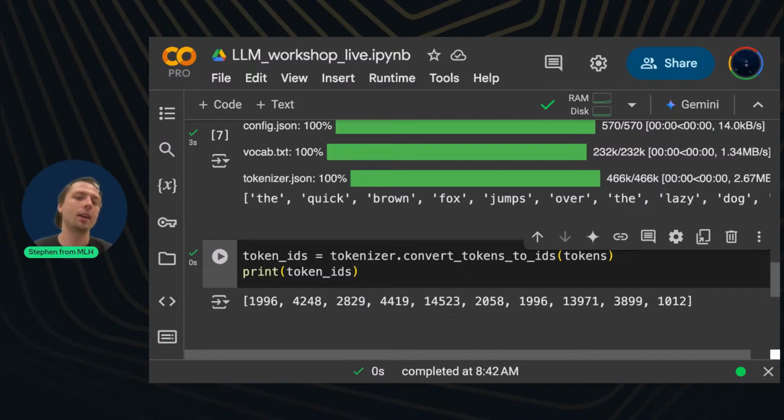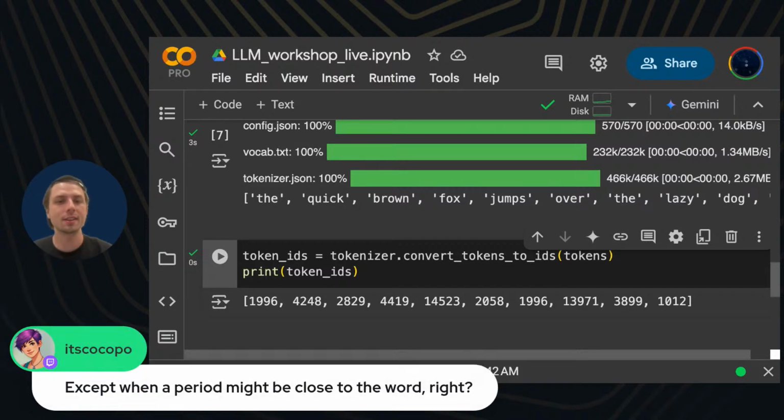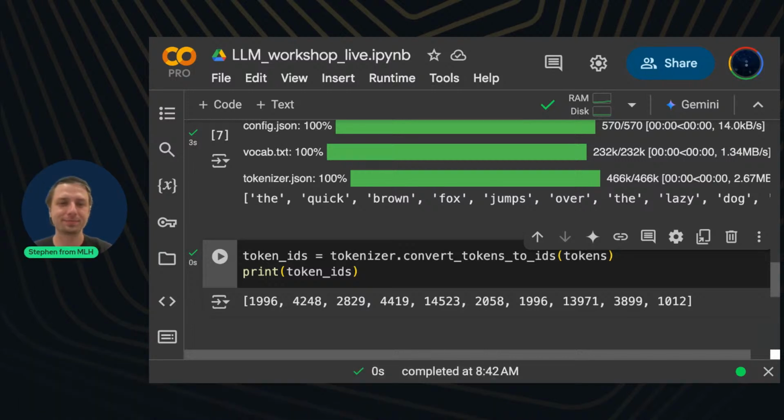But I guess you could theoretically put them in, because maybe sometimes people might put two spaces instead of one, or have some reason for wanting tokenized spaces. So that would be really interesting to look into. But that's a really good question, because as you said, there are situations where you don't have a space. Okay, so let's keep going.